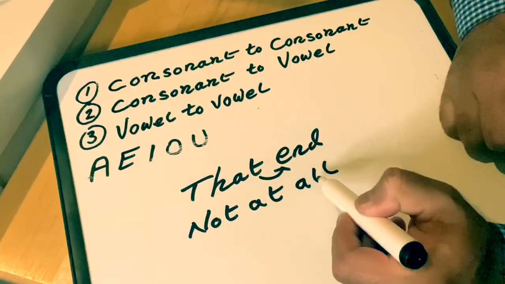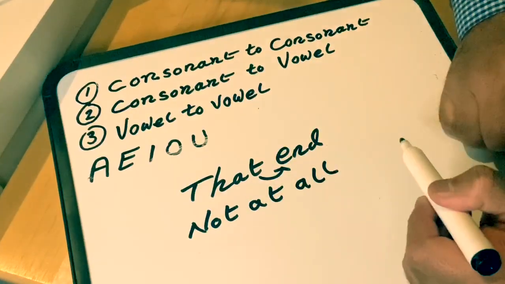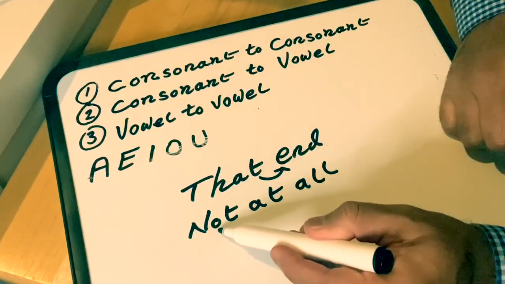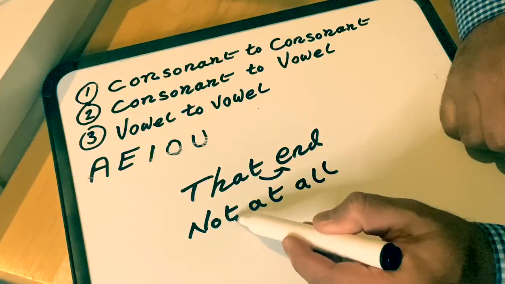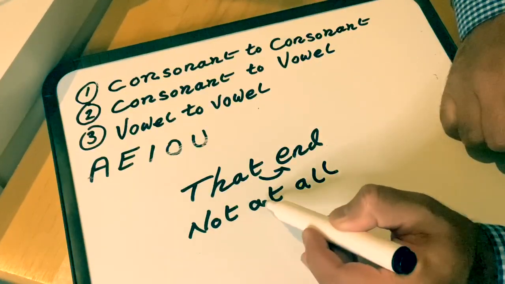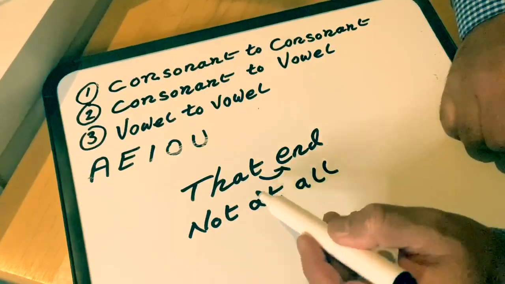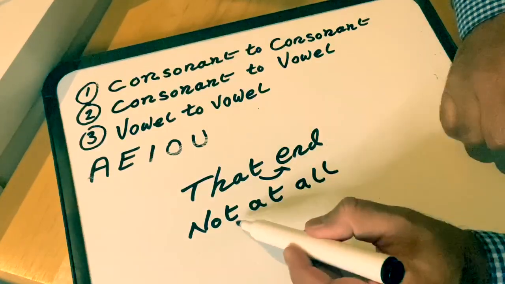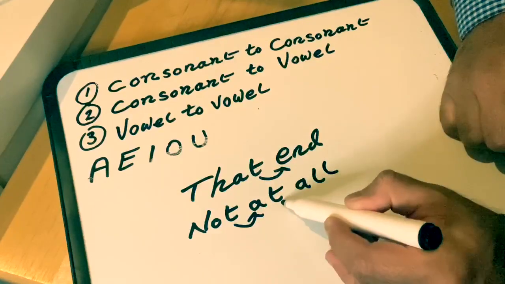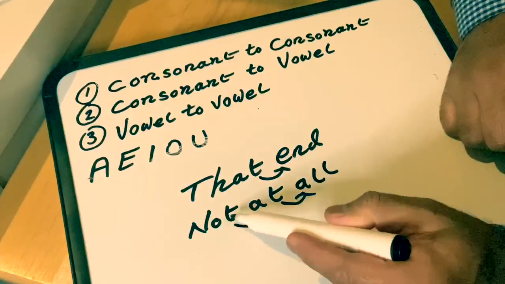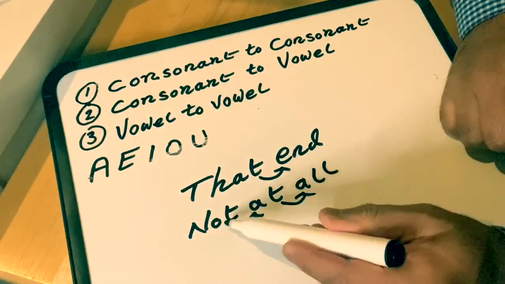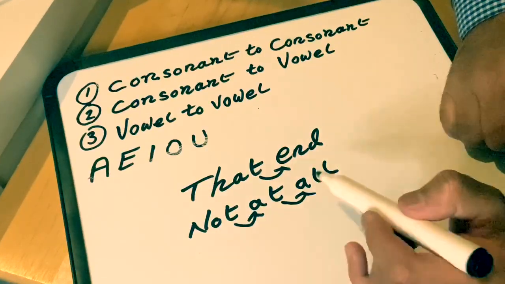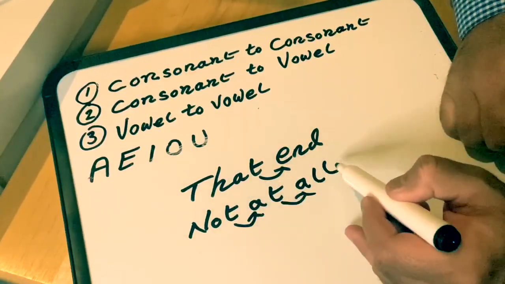Not at all, not at all. The word here ends with a consonant and the next one starts with a vowel. Here, the consonant starts with a vowel. So what do you do? You connect. Not at all, not at all. Instead of saying "not at all," you say